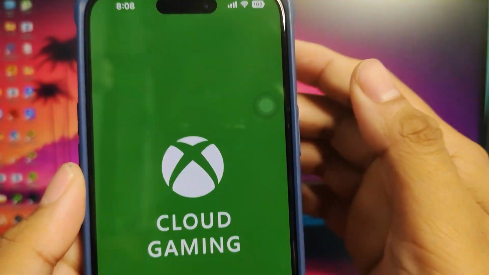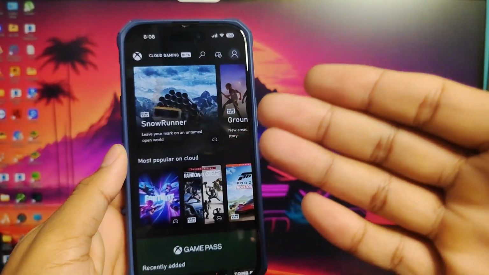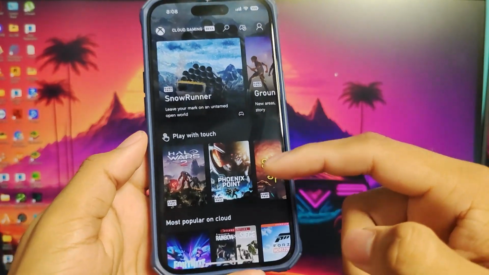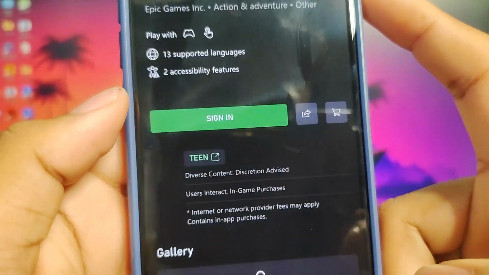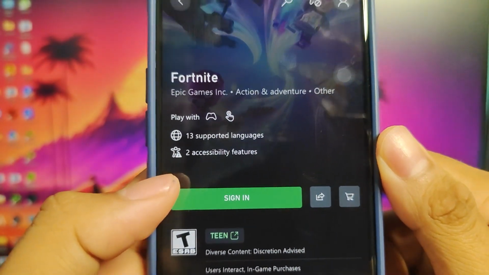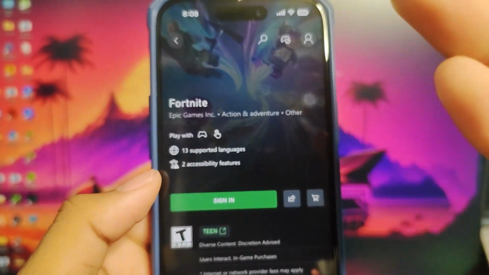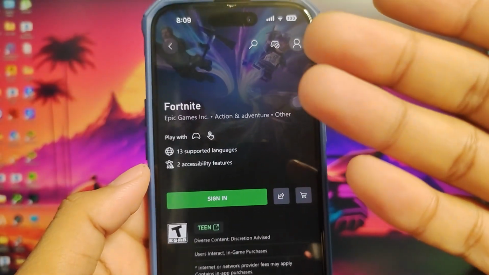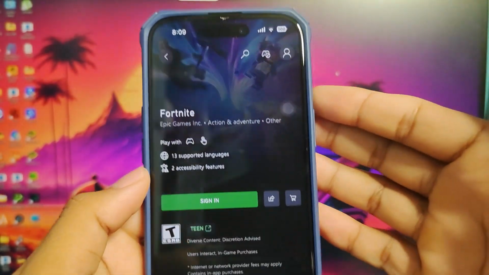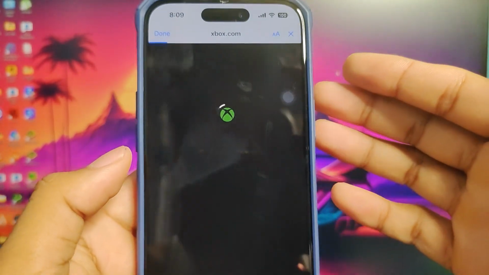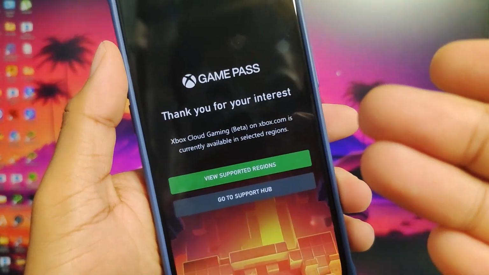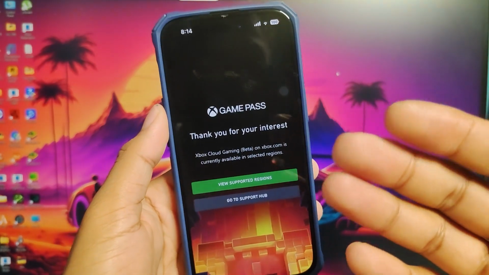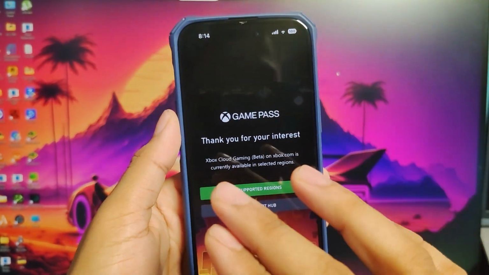So when you press here, this will load up automatically. Now from here you need to choose Fortnite. Tap the Fortnite, and then you need to sign into this Xbox account. Sign in. Now if you find these message, then unfortunately your region is not included in the beta